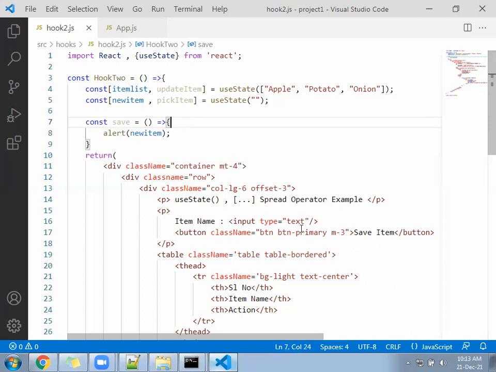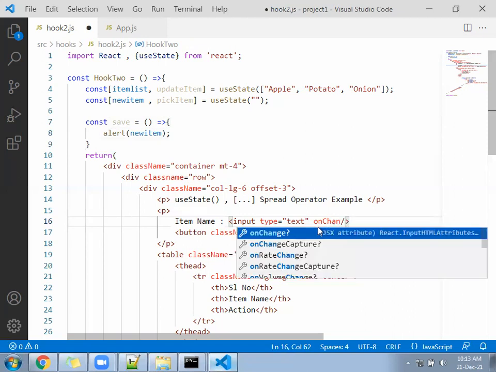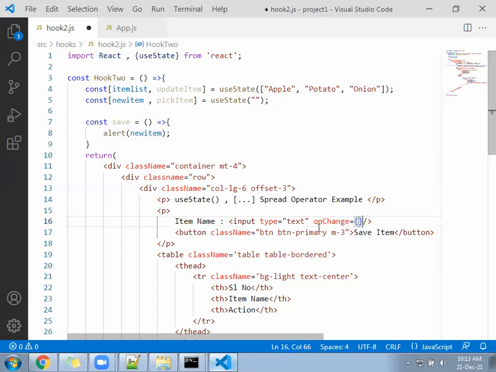After that, let's go here. For the text box, you can write onChange equal to, now you have to create an object variable here. That variable you created earlier in JavaScript, and then you will write here the function name.